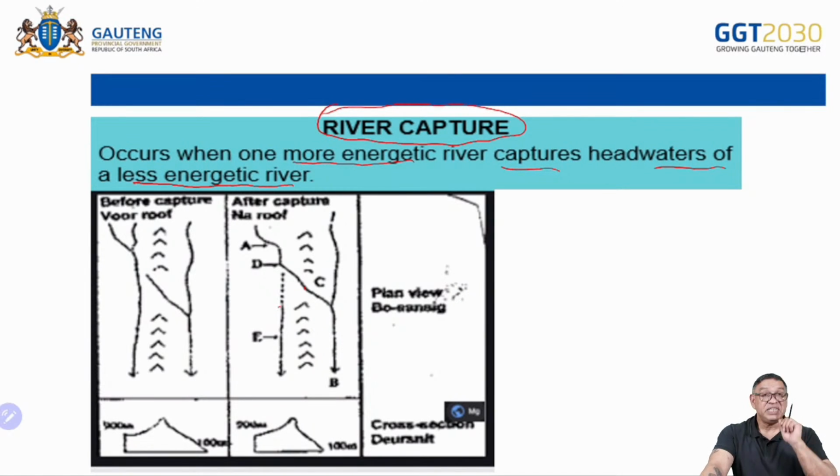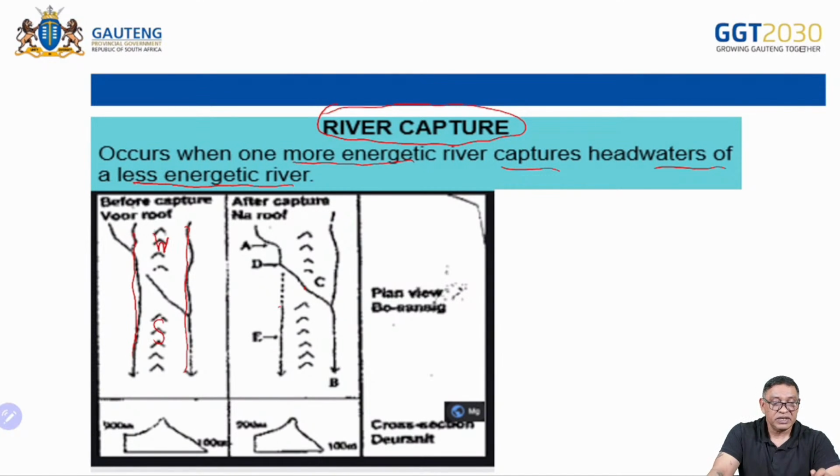I may be repeating again, but I'm saying to you, definitions are 2 marks. Do not write when a river captures the headwaters of another river. You write it in full: when a more energetic river captures the headwaters of a less energetic river. We want the definitions in full. Okay, so let's look at this now. With the abstraction, we spoke about the rivers flowing away from the watershed. Here we look at the 2 rivers flowing